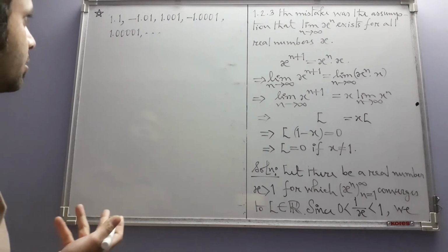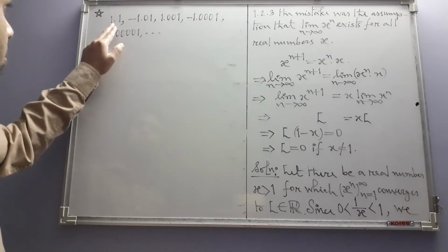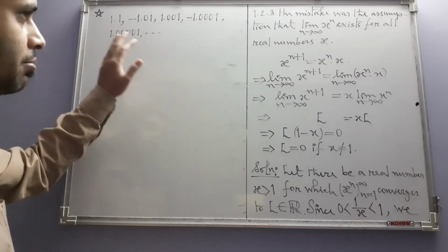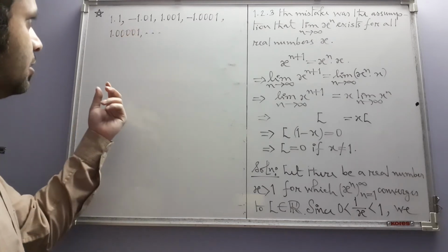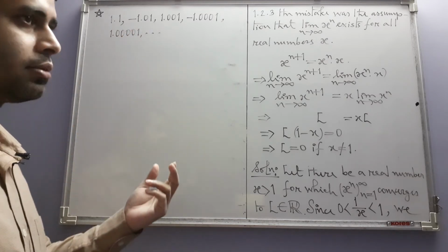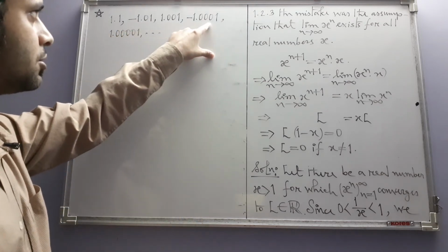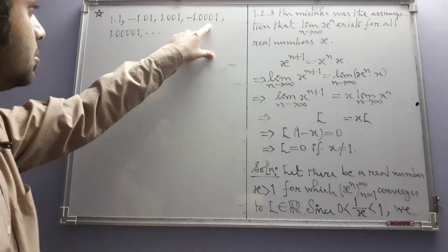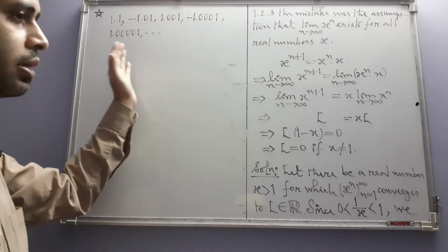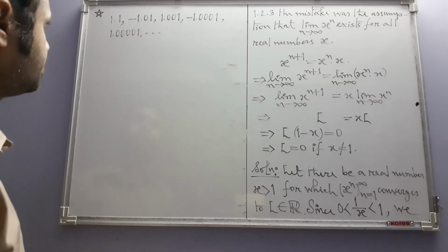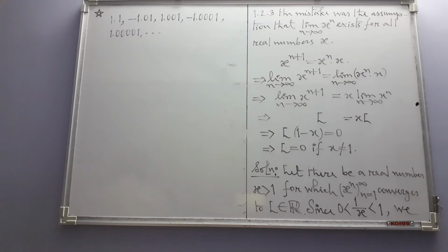You can see that the terms follow some pattern. Neglecting the plus and minus signs, you have 1.1, and then the ones are getting further and further away from each other as the number of zeros between them increases, and the terms in the sequence are alternately positive and negative. Now if you draw these things on the number line,